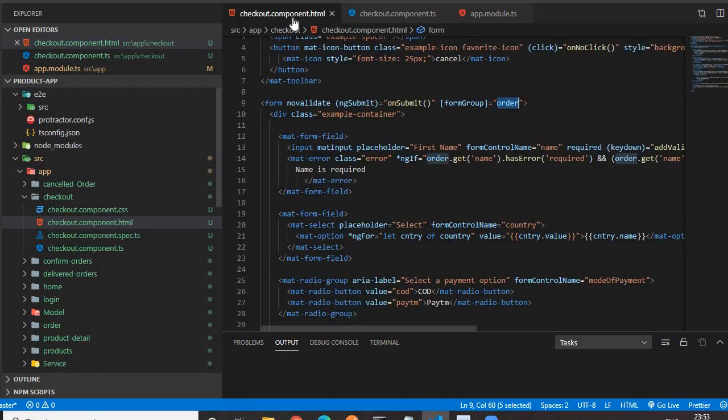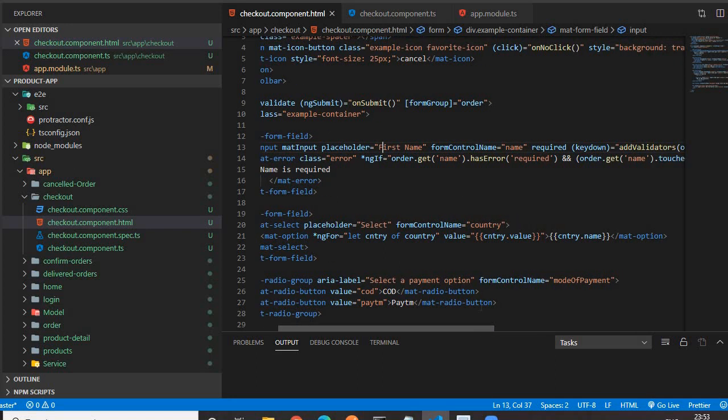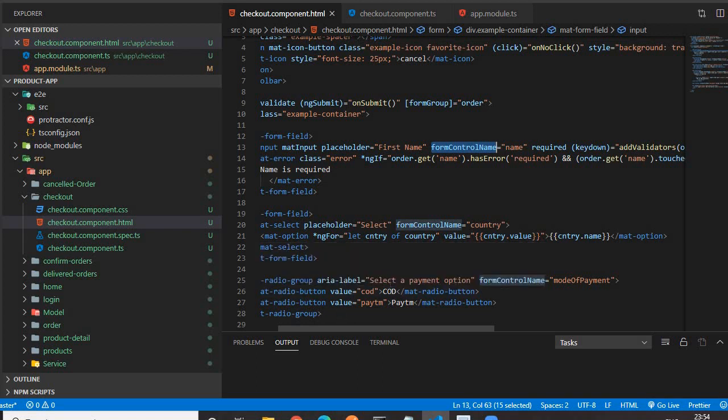Then we will go to the HTML again. This is the syntax for using the Angular Material input field. We have to use the mat-form-field. Then for the input tag, we have to use matInput. Then we will give some placeholder. In the reactive form, the main thing is we have to give a formControlName. For every form element, we have to give a formControlName. For select, we have formControlName. For the radio button, for checkbox, every element should have its respective formControlName, and it should be unique for all the form elements.